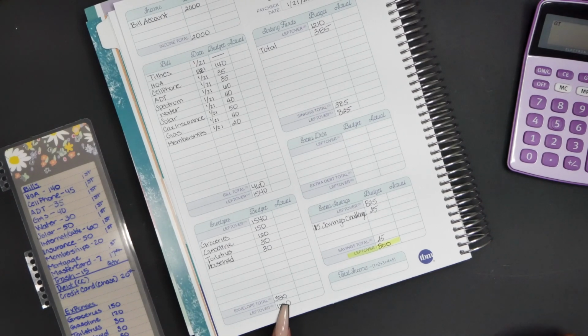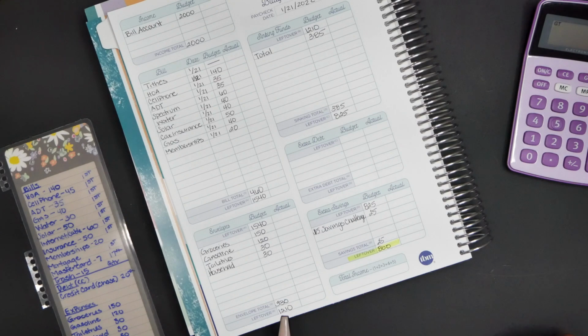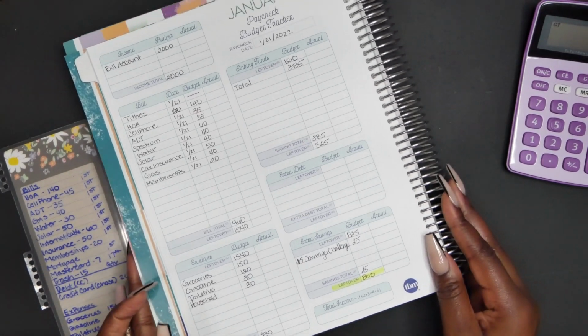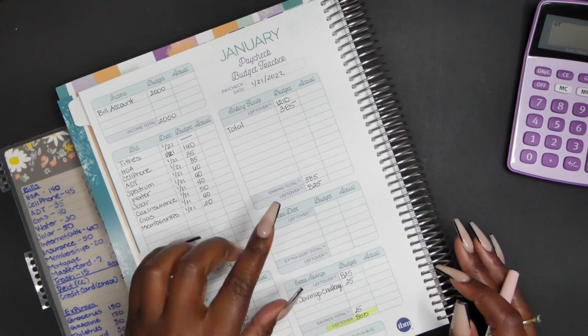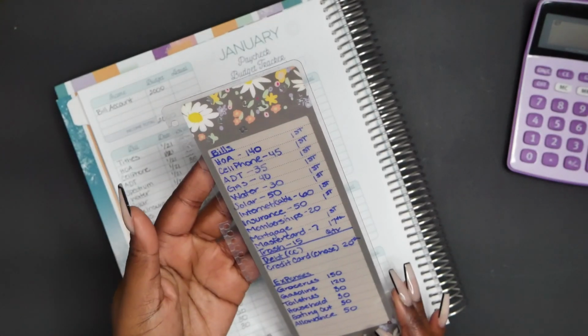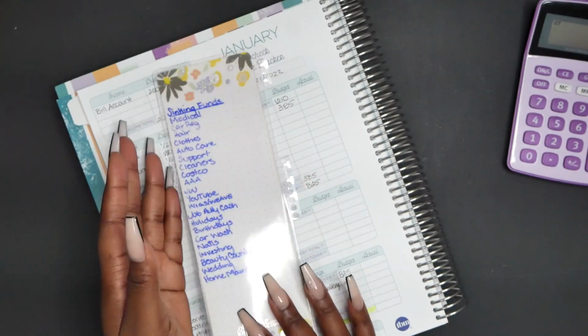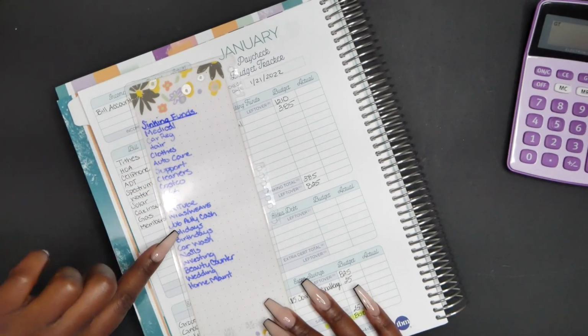and the total for that is $330. So we have leftover $1,210. So now here we are going over to the sinking funds part, where as you can see, I don't have enough. I probably should have talked about this dashboard. I'll talk about it in a second, but you can see these are all of the sinking funds that I have, and I think I even have a little bit more than this,